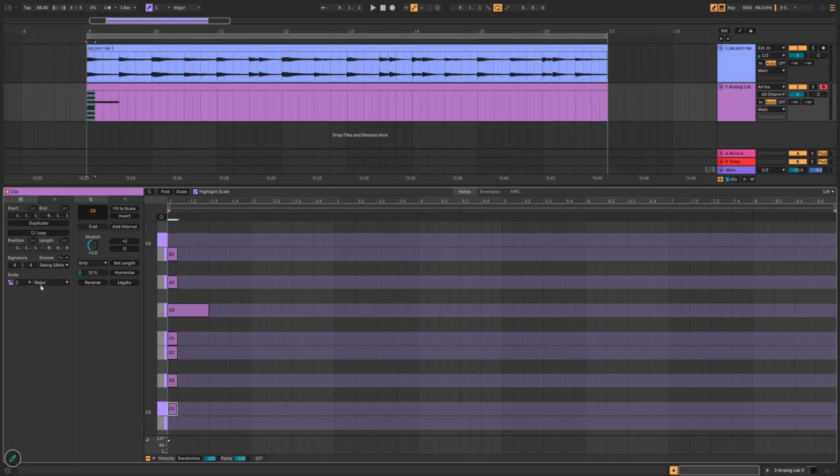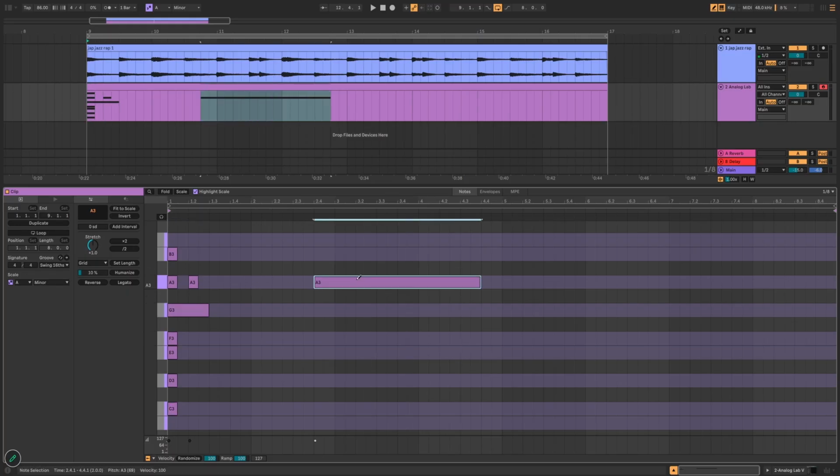Yeah, but again, if you look at C major and then I switch to A minor, it's exactly the same keys. There's no difference, but there is a difference, and the difference is basically the root note.